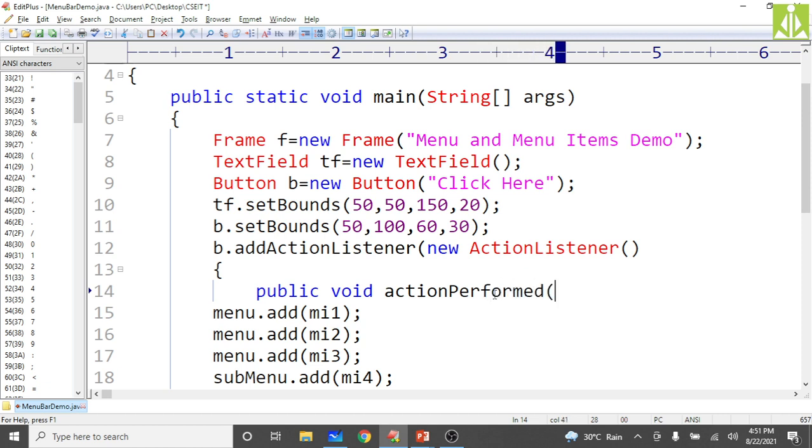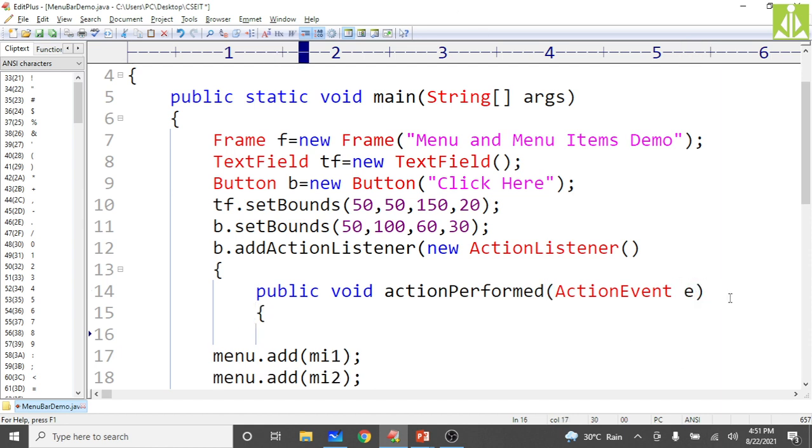actionPerformed method. To this actionPerformed, you need to pass an ActionEvent. Whatever event you are generating will be recorded as an action event that will come over here. Inside it you can put the logic you want to perform. What we want to perform is to add some text to this text field.